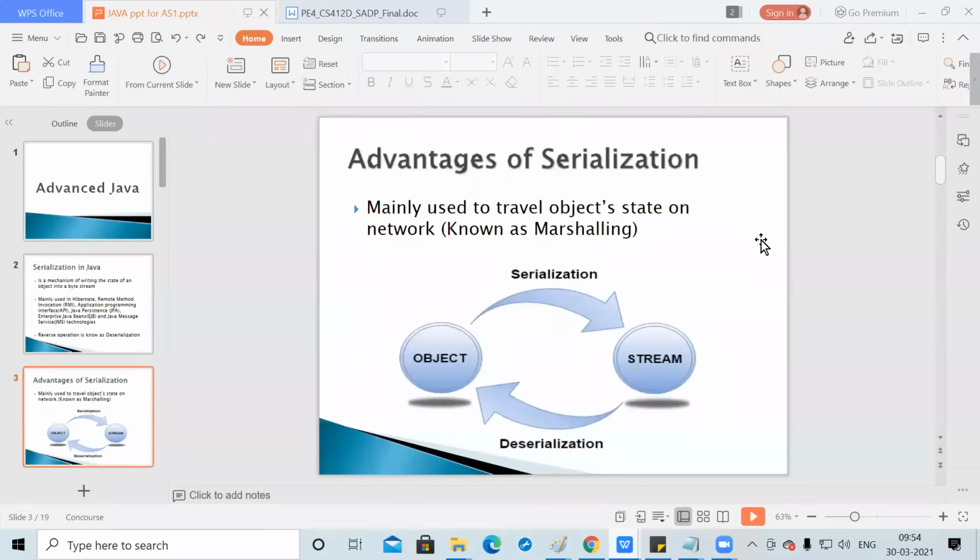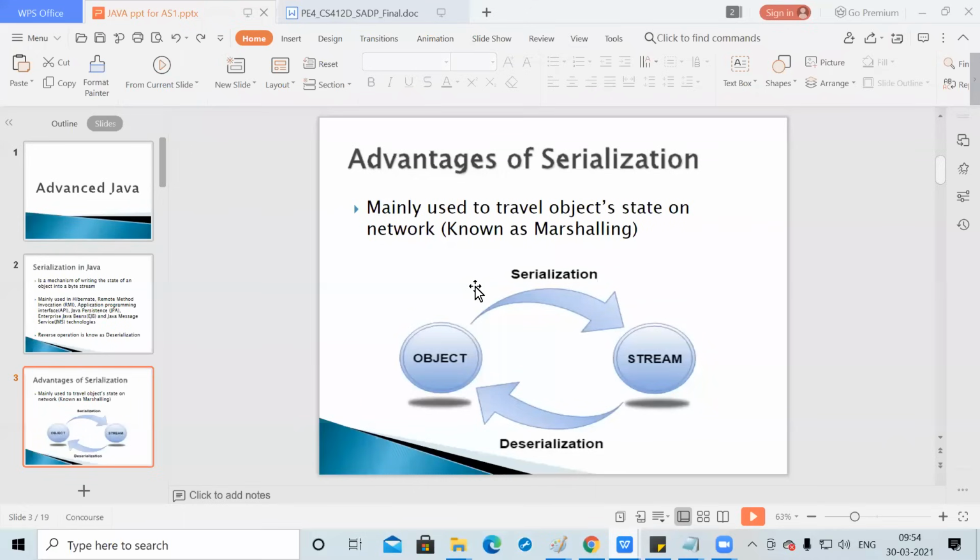What are the advantages of this? Mainly, serialization and deserialization are used to travel the object state across networks. Whenever any particular data is sent, that object will be sent as a stream. So from object to stream is serialization, and from stream to object is deserialization.